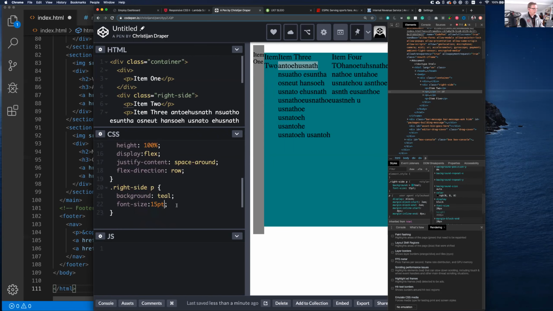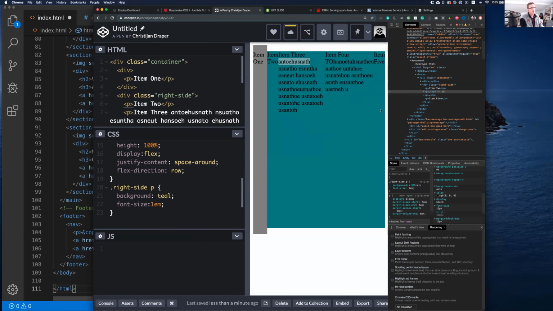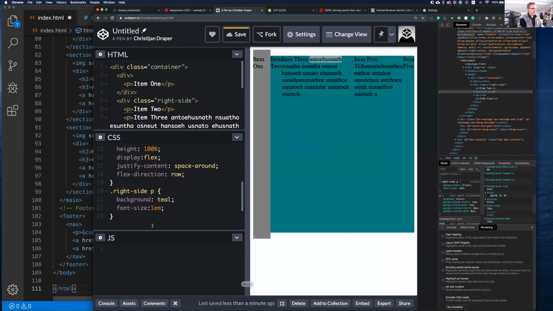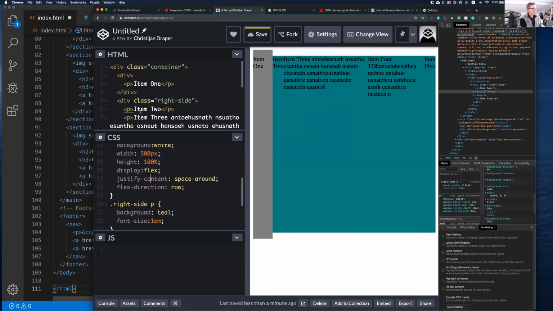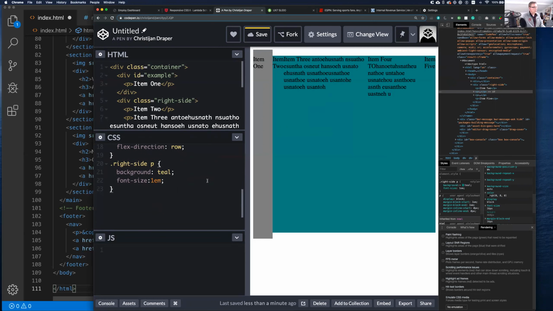If we have a 1em size font, let's give this a name. So we'll call this div ID equals example, and then paragraph, we're going to do example,